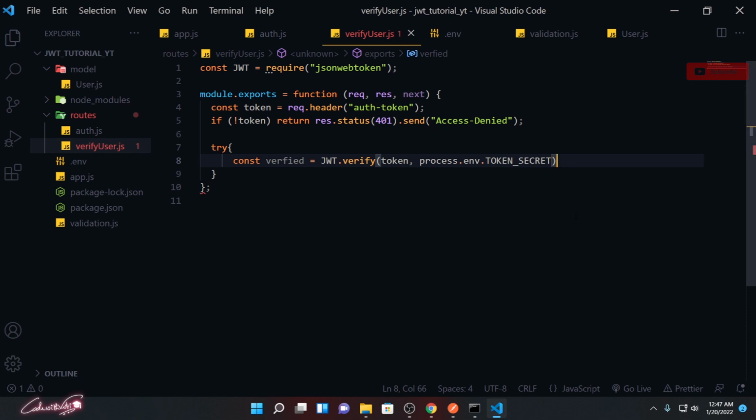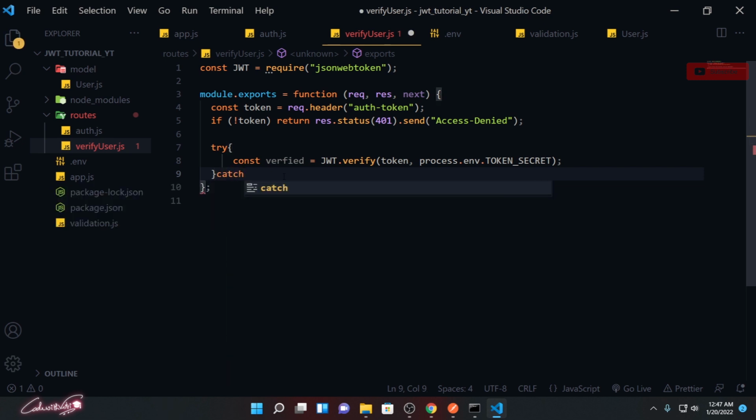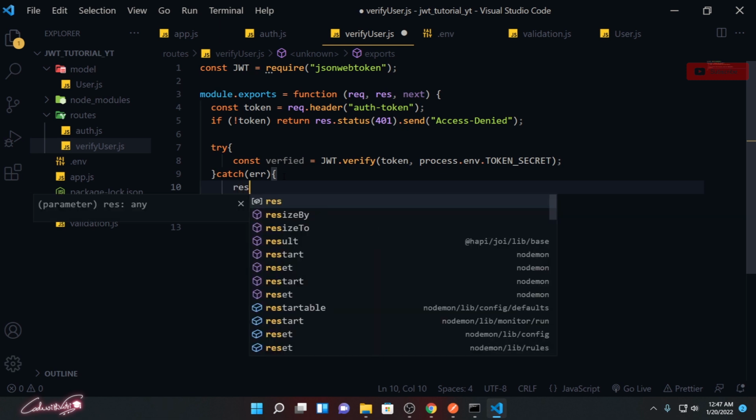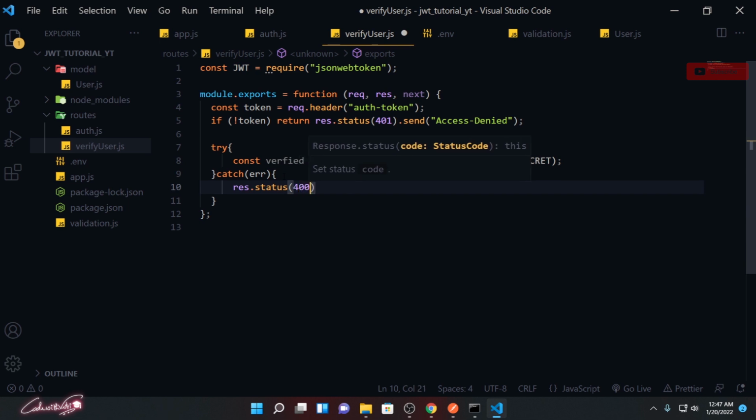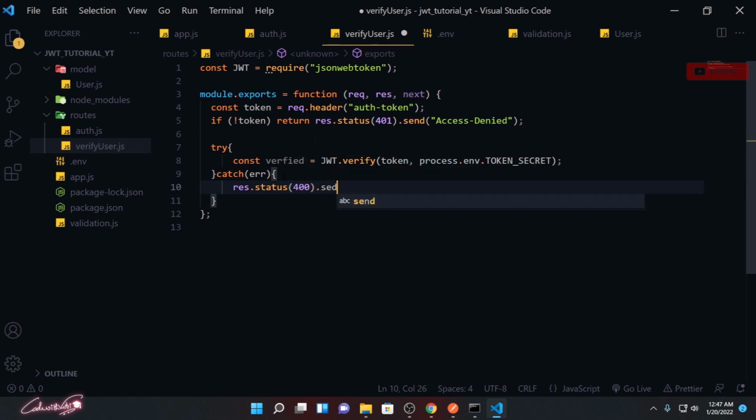Only if it matches, the user is verified. If there is any error while doing it, we simply send the response back as response.status 400, then send invalid user.